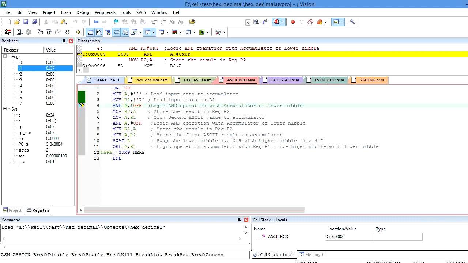What will happen? 34 logical AND of 0F will store 4 in the accumulator. See here, 34 AND 0F is nothing but 4, stored here. Now I am going to store the lower nibble into the R2 register by executing the instruction MOV R2, A.